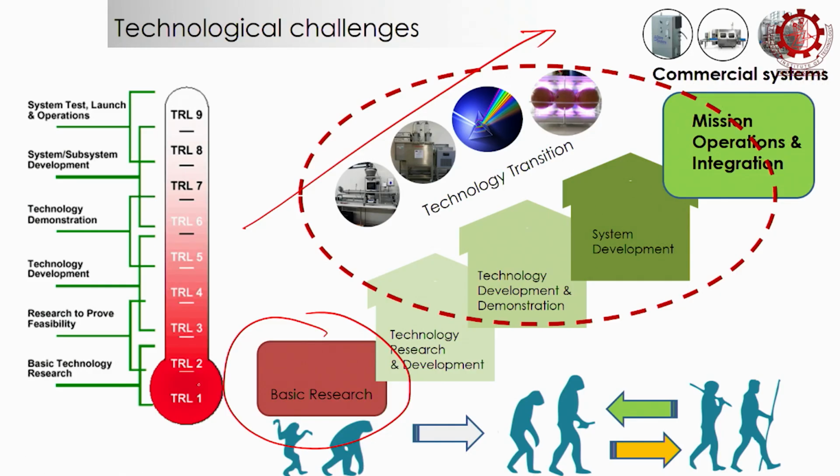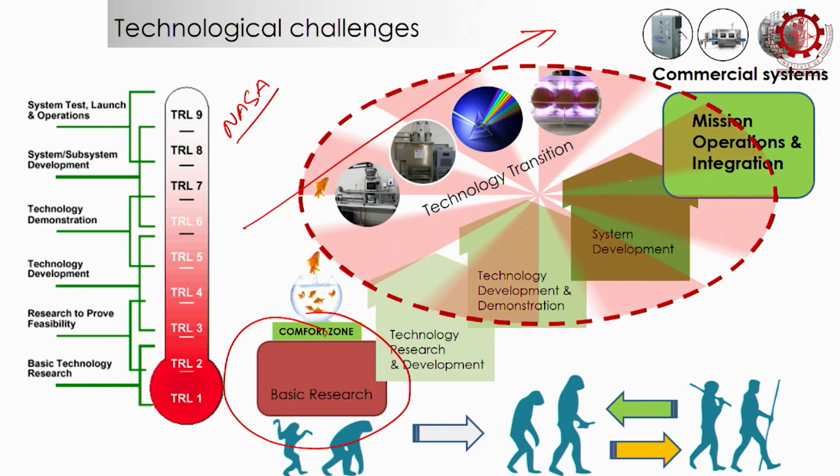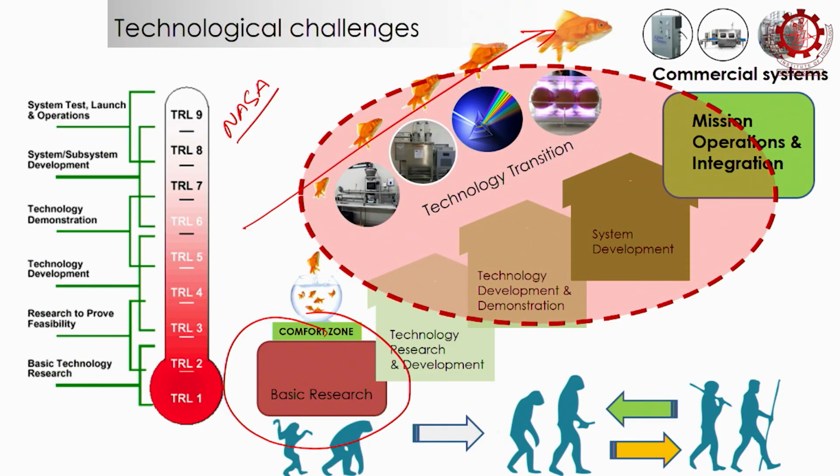If you want to see more details about each and every level, what does it mean, what is included, what is not included, you have to go to the NASA website, and you will see the TRL levels, technology readiness level, and you will find all those details. So obviously this is quite complicated, we have already covered that. So you understand what this arrow indicates.